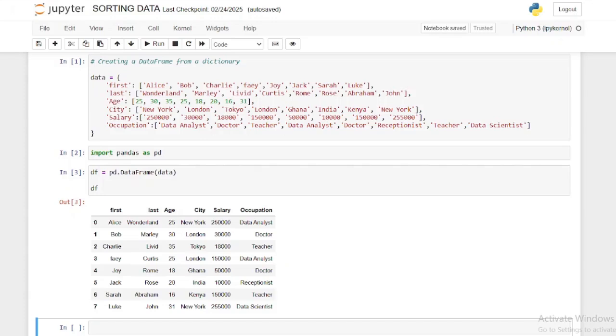So let's say we want to sort this data frame which we have here. One way we can do this is to decide to say we want to sort by their age or even by their names. So let's say we want to sort this data frame by their ages. We can do this by calling the sort_values method. So we would say df.sort_values,